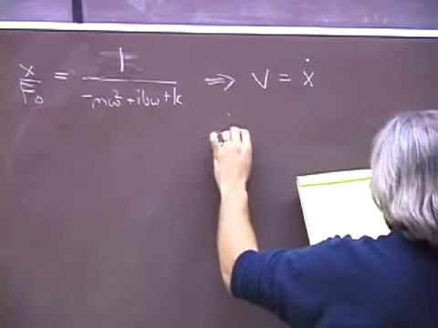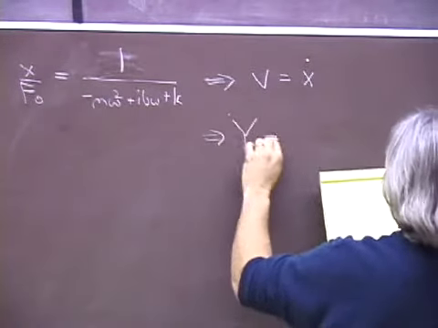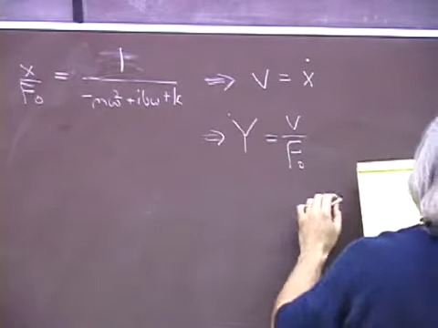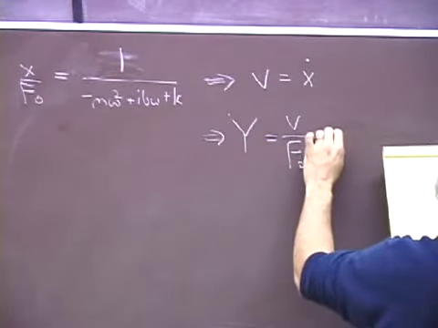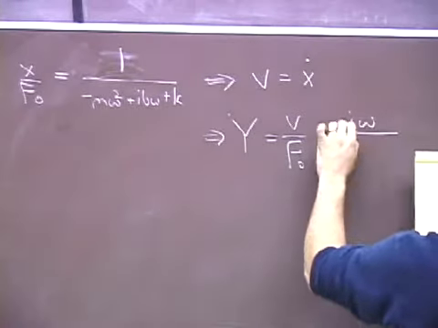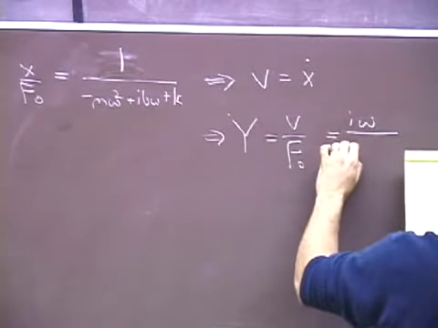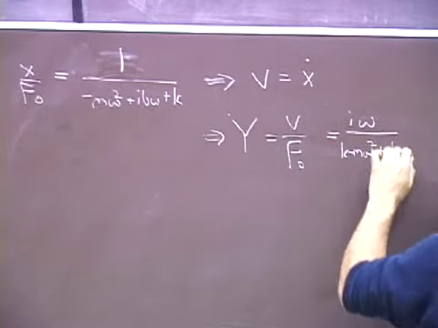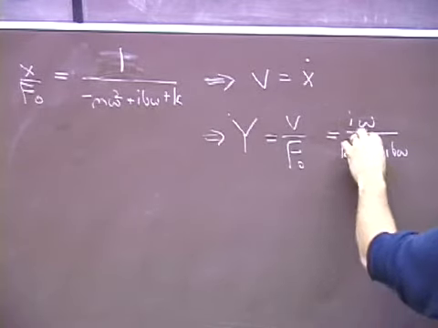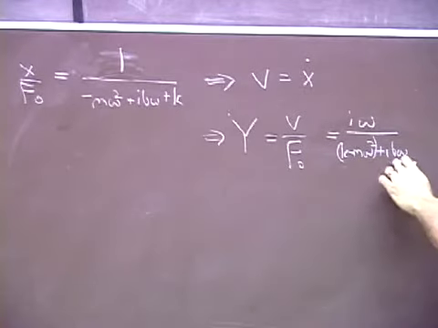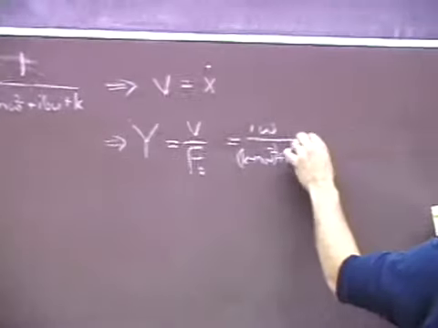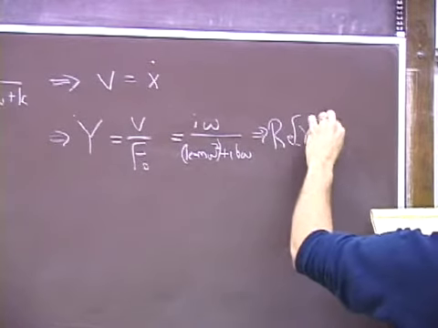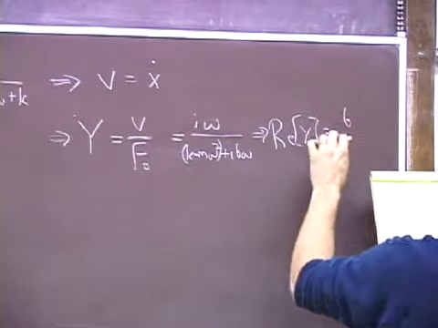And finally, you can find that the admittance of the system, which is equal to the velocity over the applied force, is equal to i omega over k minus m omega squared plus i b omega. And the real part of this is equal to